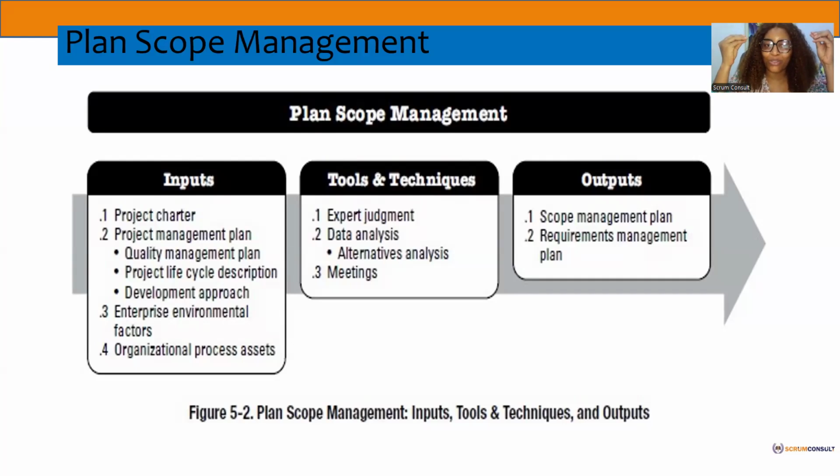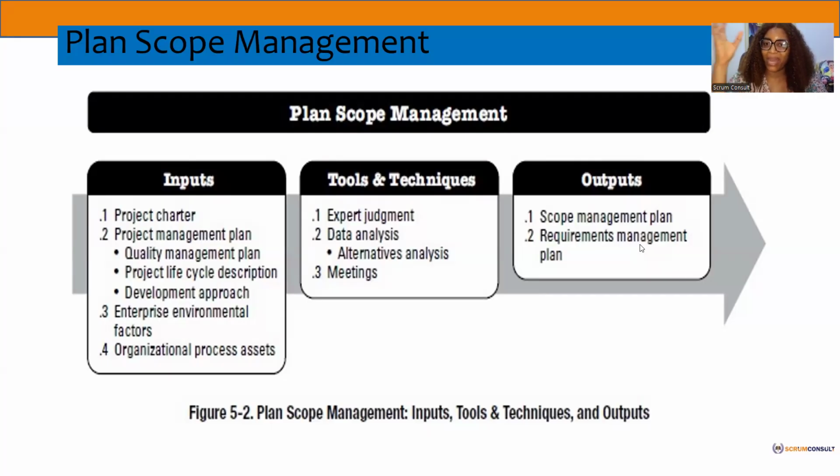Don't forget, we want to plan scope management. What do you think will be the output? Scope plan. So we have that document. The scope plan is the document we have, and we have our requirements management plan. At this point, we'll see what it is. It just tells us how we plan to manage requirements. Requirements are those features that we are going to be eliciting, collecting. So how do we plan to collect it? How do we plan to sort it? Every one of those decisions is going to be in this plan.